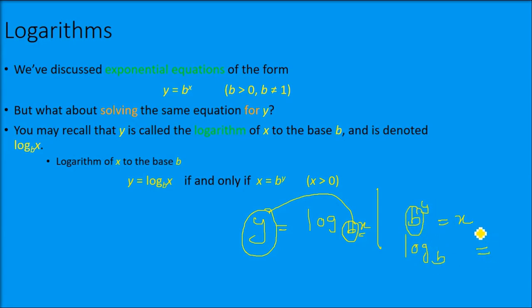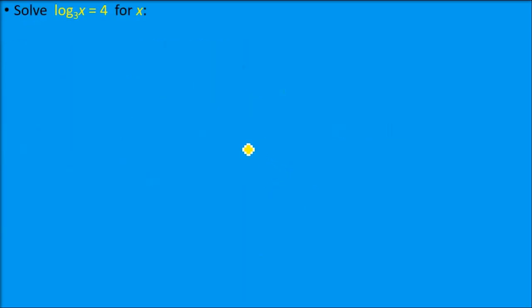Take this b and put it as the subscript of log, and write y here and x here. So this is how exponents and logarithms are related. They are the inverse of each other. Please remember, if log is f, the exponential function is f inverse. Let us understand this log better.